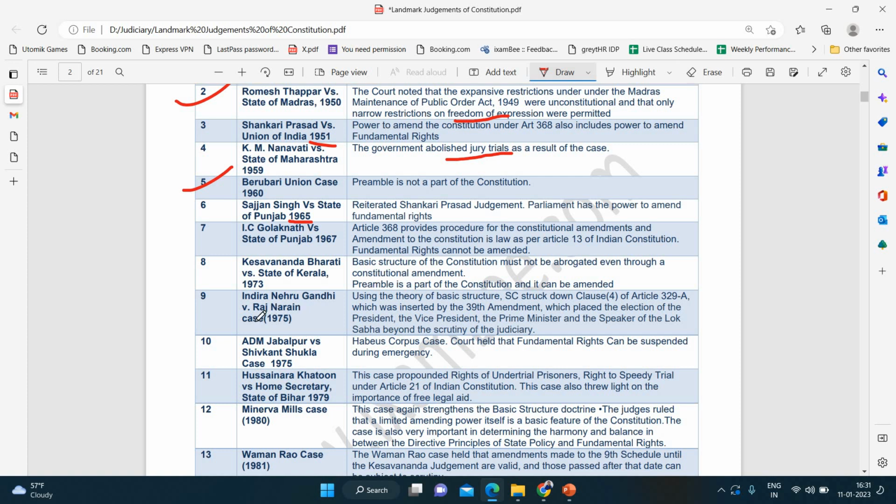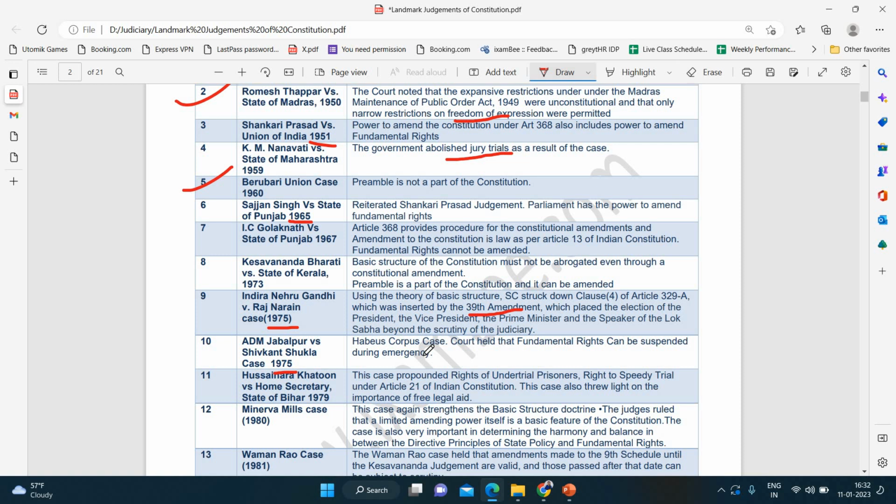Then in Indira Nehru Gandhi versus Raj Narain case 1975, the basic structure doctrine was used again. Using the theory of basic structure, the Supreme Court struck down Clause 4 of Article 329A, which was inserted by the 39th Amendment, which placed the election of President, Vice President, Prime Minister and Speaker of Lok Sabha beyond the scrutiny of the judiciary. Then in ADM Jabalpur versus Shiv Kant Shukla case 1975, also called the habeas corpus case,